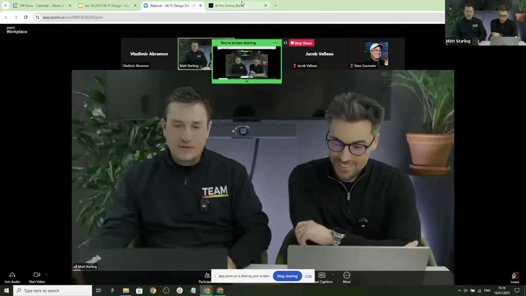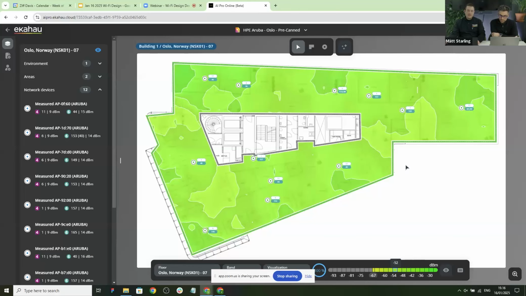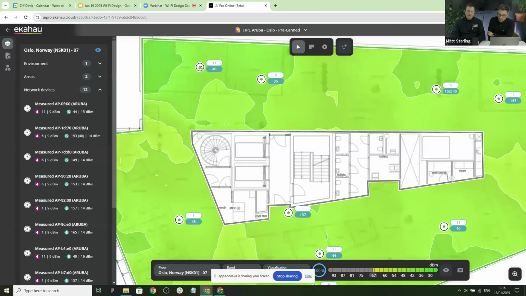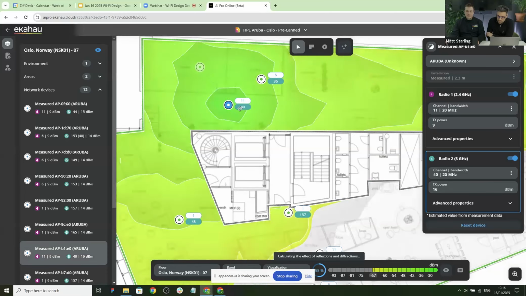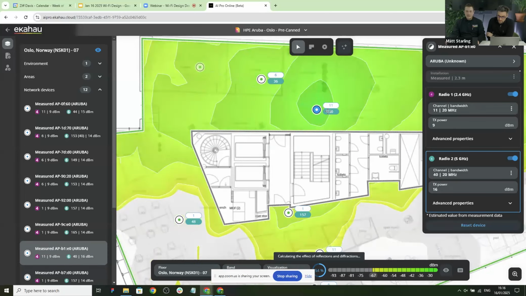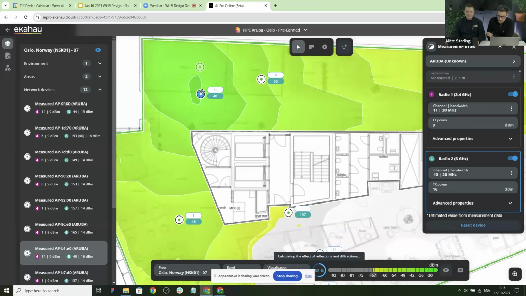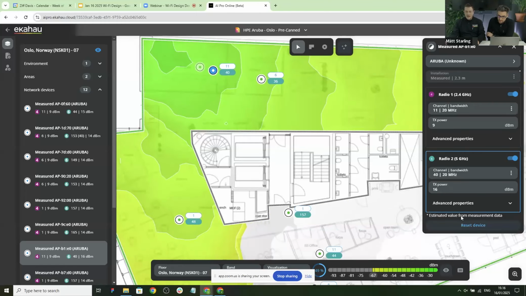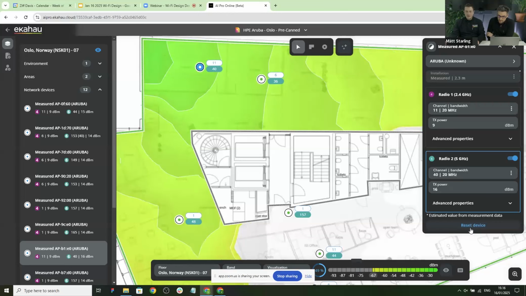And what I would like to show you is actually the path 1 that Matt was talking about. So basically you have a survey file, you have imported the project into AI Pro Online. And here we have already generated AI environments, so you don't need to draw any walls or any obstacles. The Sidekick 2 measurements have been analyzed, and we basically know how the signal will propagate, even if you start moving the access points from your survey data around. You see the heat maps are changing, the signal is propagating differently. So we have all that data already in the project.